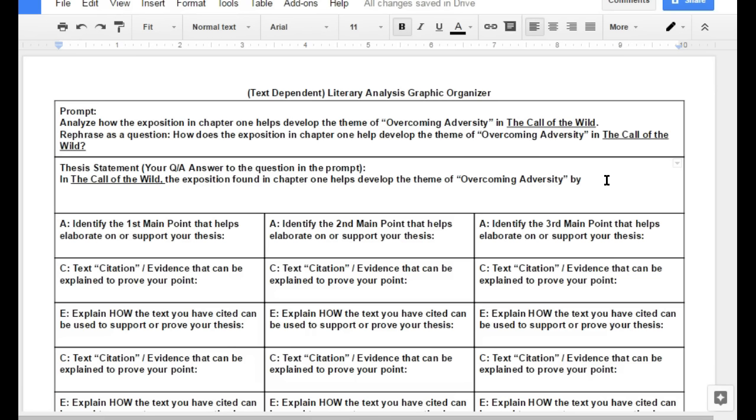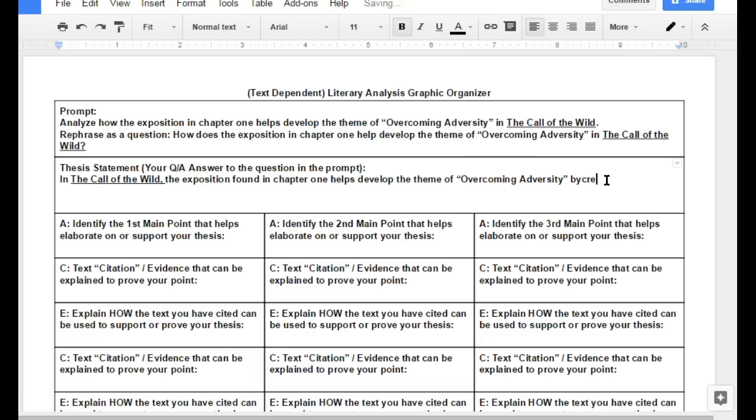How does it do that? Not just what does it do, but how does it do it? So I take a look back, and you might have just heard me flipping some pages because I have my reader's notebook next to me, so I can look up some of the things that I wrote down. So it helps develop the theme of overcoming adversity by